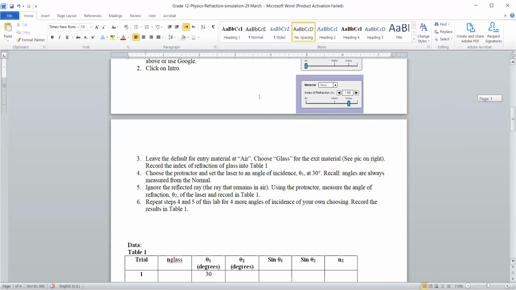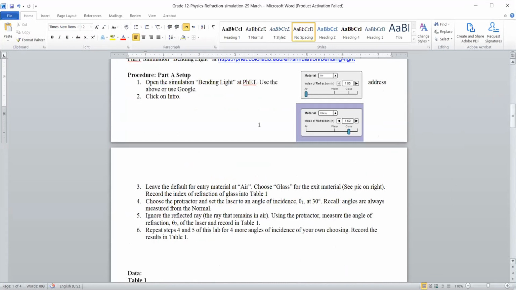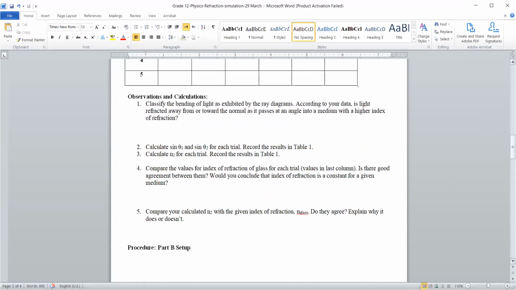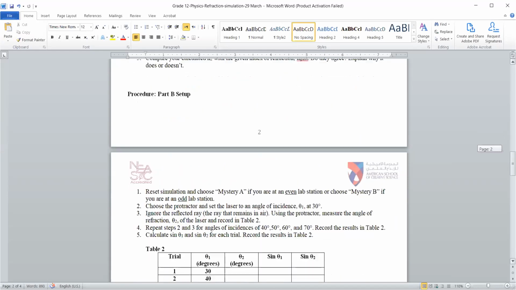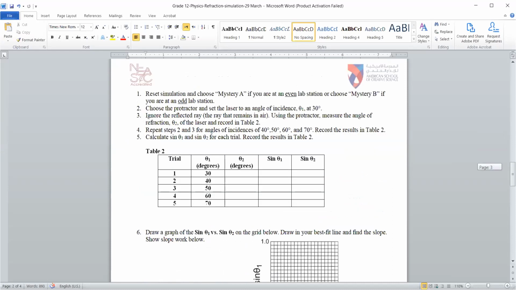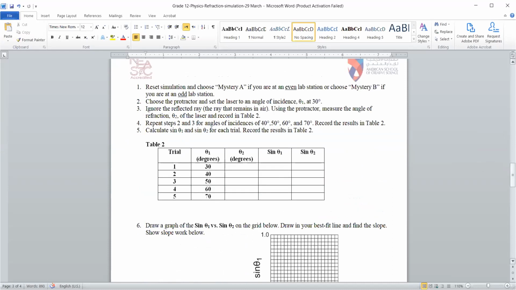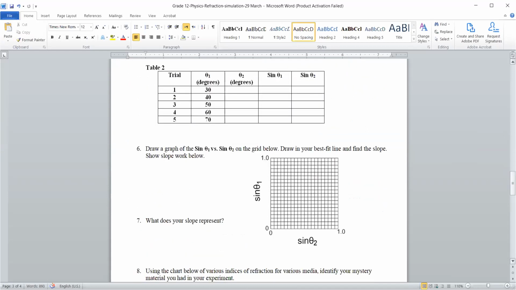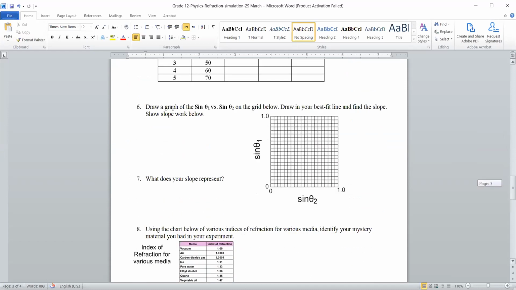After that, you have two parts. In part A, you have 6 points for procedure. Follow the procedure, follow the instructions, so you will be able to fill the table. After having the information in your table, go to observations and calculation and answer the 5 questions. Then part B setup, you have the procedure of 5 steps. By following the instructions, you will be able to fill table number 2, and then you will be able to draw in point number 6, find the slope